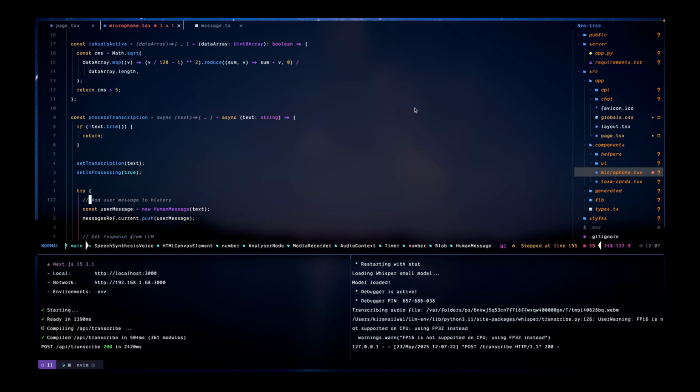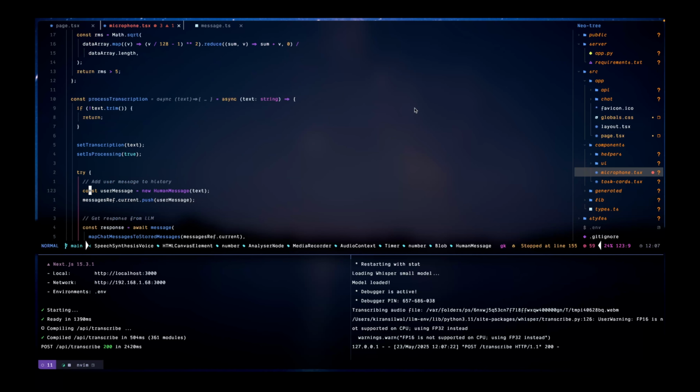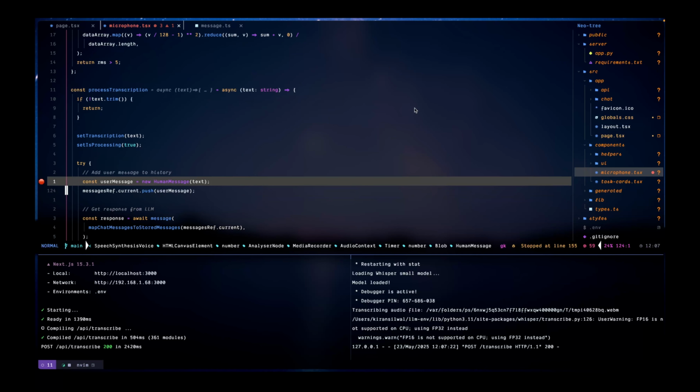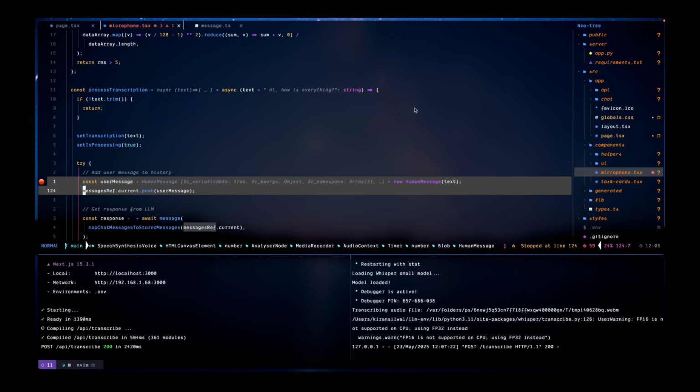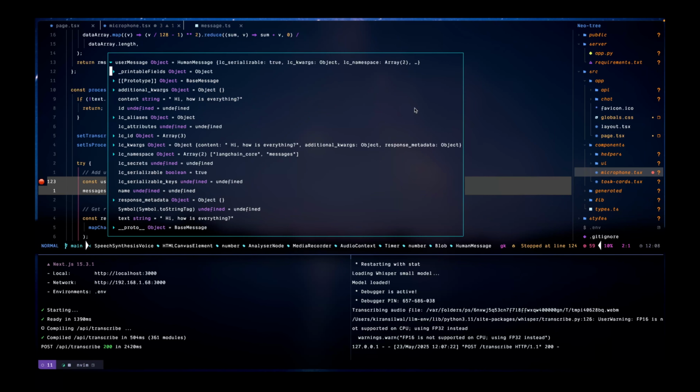So if I go over here, I have to break the app over here also. So let's do a step over that. Okay, the cursor has come over to this line. It will create a user message. Yeah, you can see human message,